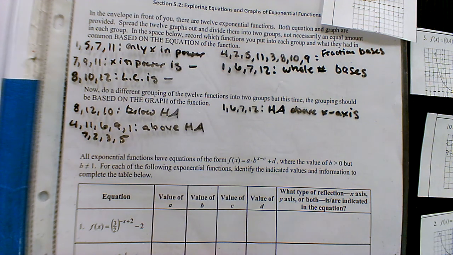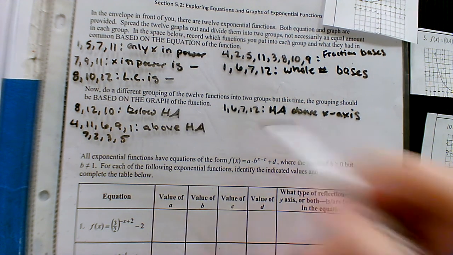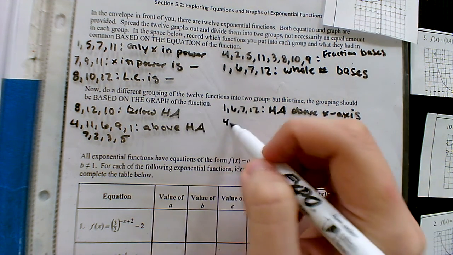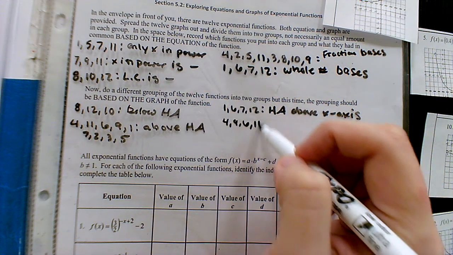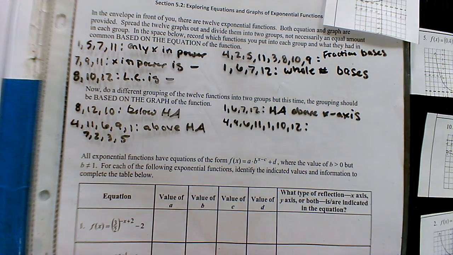Did you guys do something? Yeah. Okay. Did we do this one yet? No, we didn't. Okay, so we got 4, 9, 6, 11, 1, 10, and 12, and those all go away